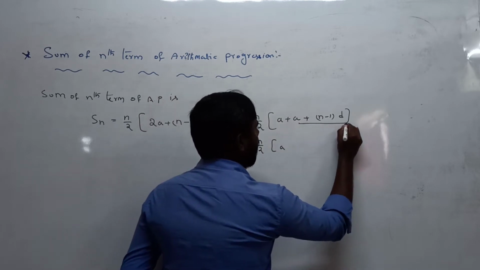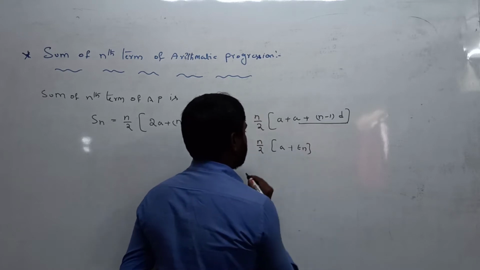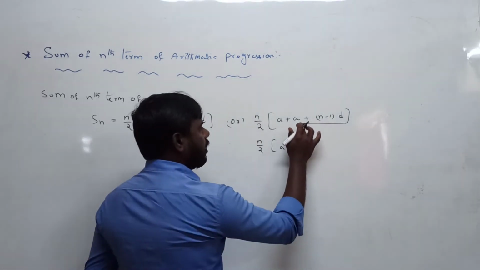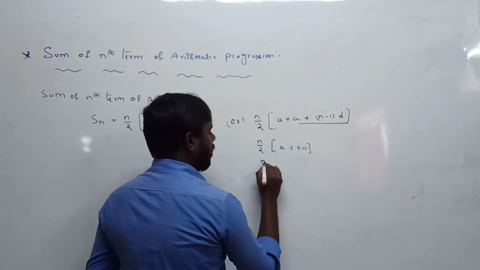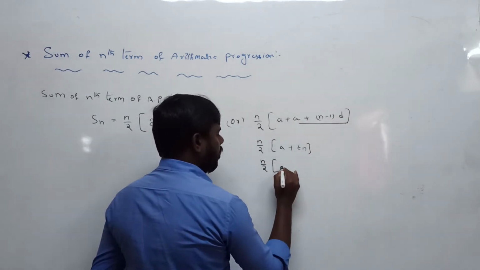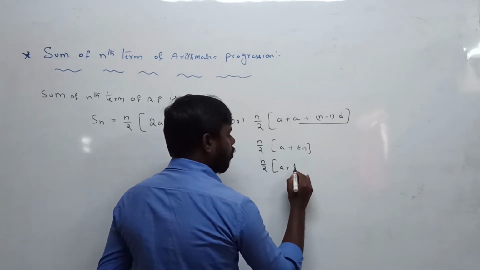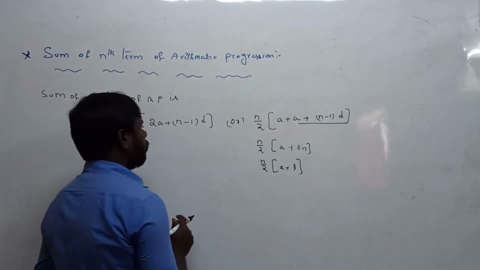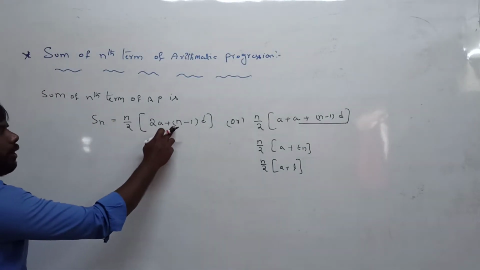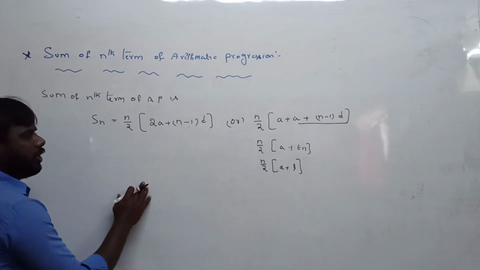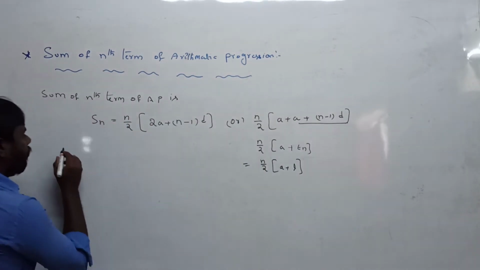Which formula is this one, a plus n minus 1 d? It is the nth term formula. So n by 2 into a plus Tn, the last term, which is denoted by L. So the first formula is Sn equals n by 2 into 2a plus n minus 1 into d, or else n by 2 into a plus L, where